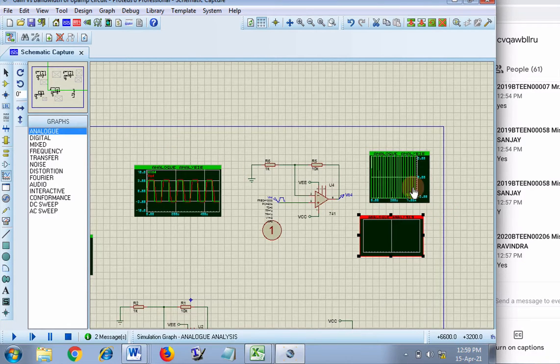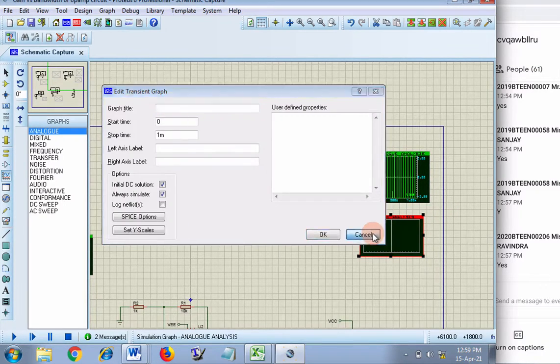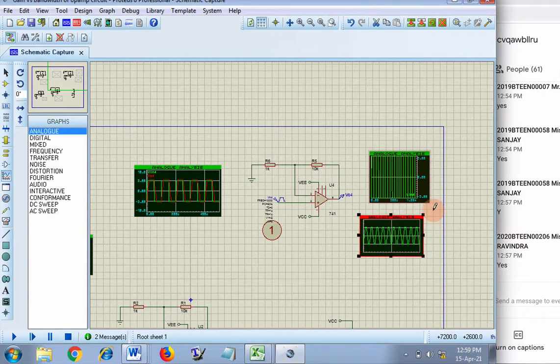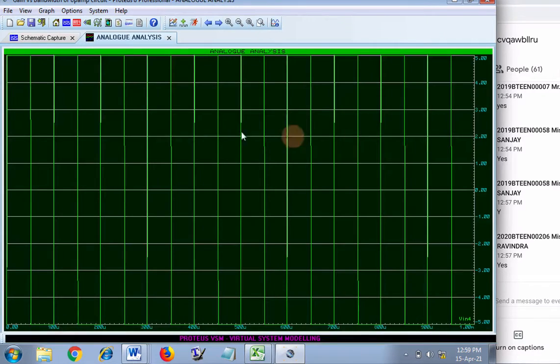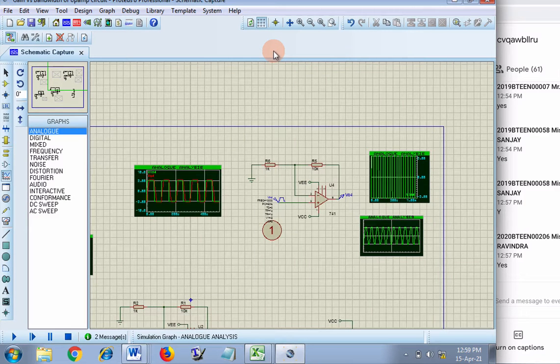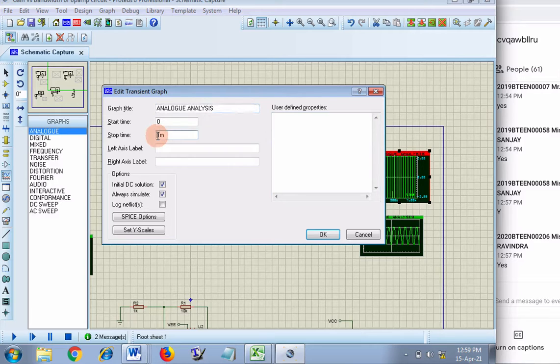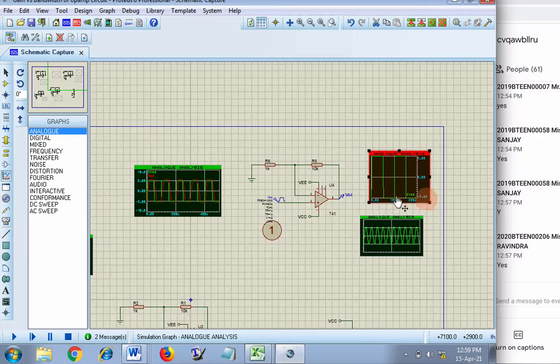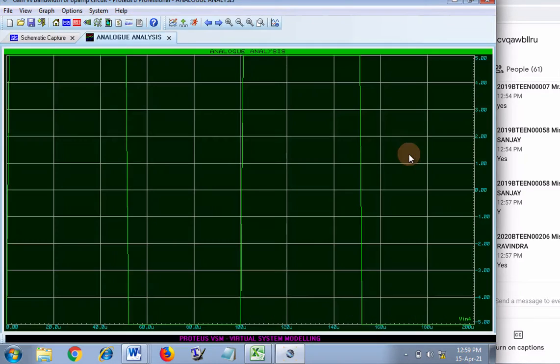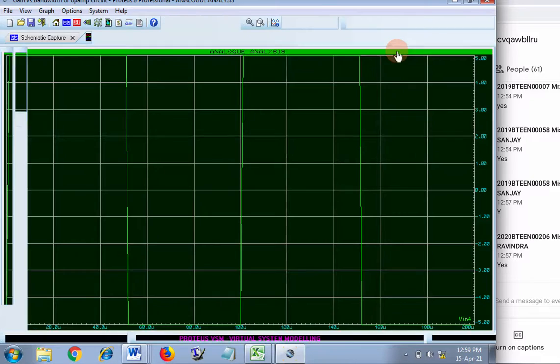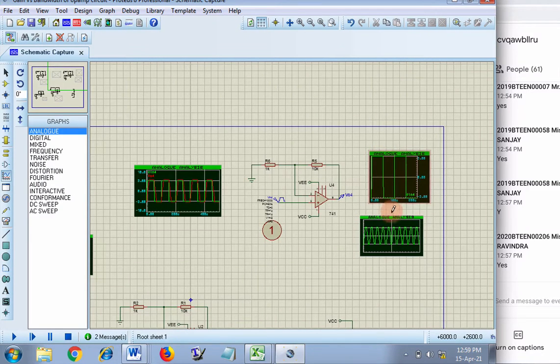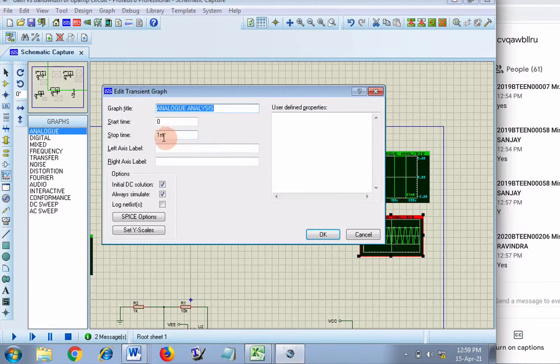And then press space. Okay, now as you can see here, I get a square wave. We can adjust the color, or I will set this to 0.2 millisecond. So I have only two cycles here, as you can see here, 1 and 2. Since it is all green, it is difficult to see. But I hope that you are able to see that. And now here also I'll adjust this to 0.2,